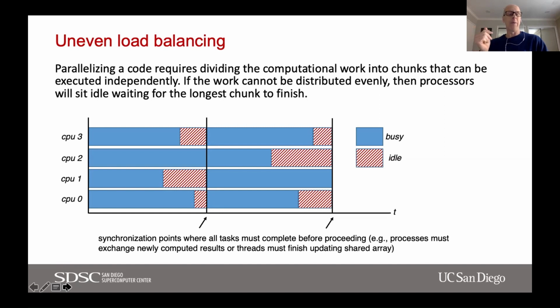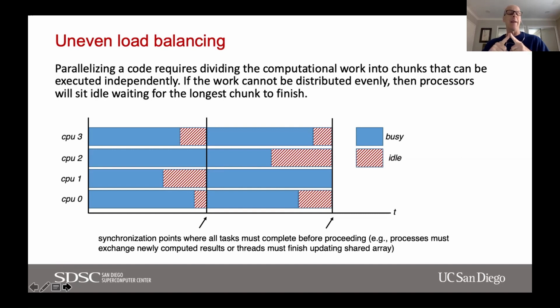We're going to label them here 0, 1, 2, and 3. We're going to start off, we're going to take the available work and divide it up across those 4 CPUs. The blue regions are when that core is busy, and the red hatched regions are when it's idle. So we'll see that if we had a load imbalance, say CPU 2 was given a larger chunk of work than 0, 1, or 3,